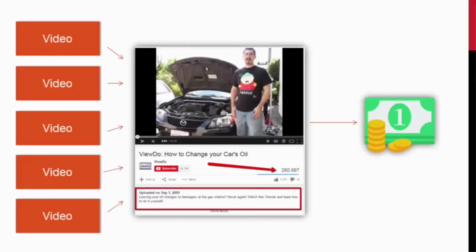Now, basically, the method consists of this. We are going to find videos that have a lot of views, but the video creator is not taking advantage of those views. We are going to reach out. We are going to offer them some kind of currency, some money or some kind of partnership. In return, they're going to place our link, our website link, in their description. Okay, pretty simple.